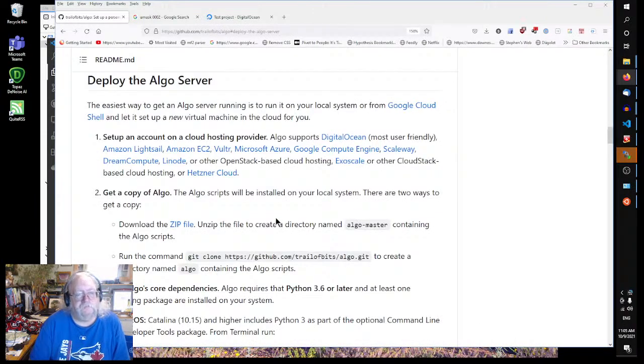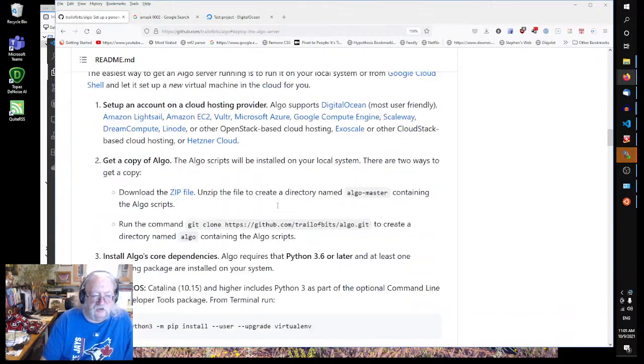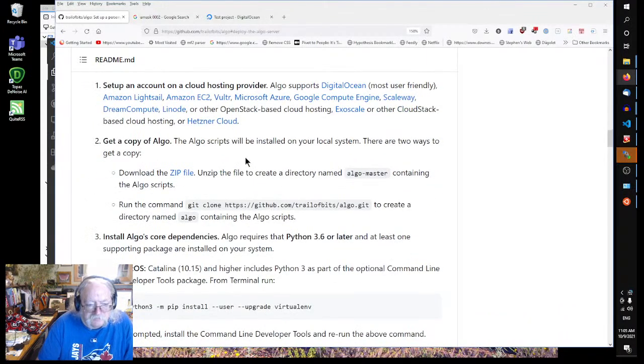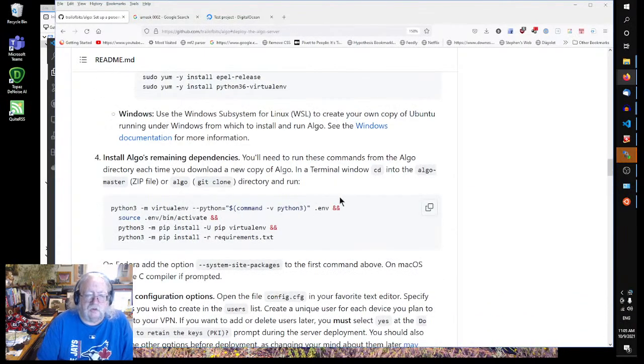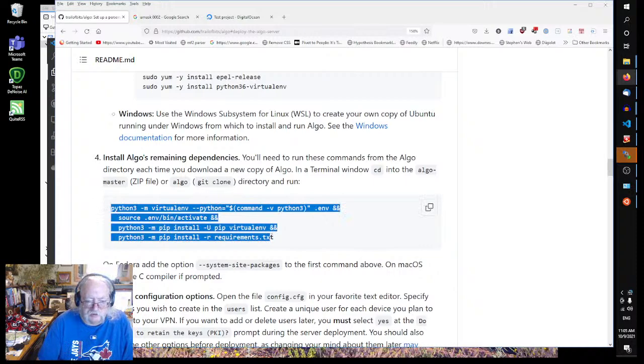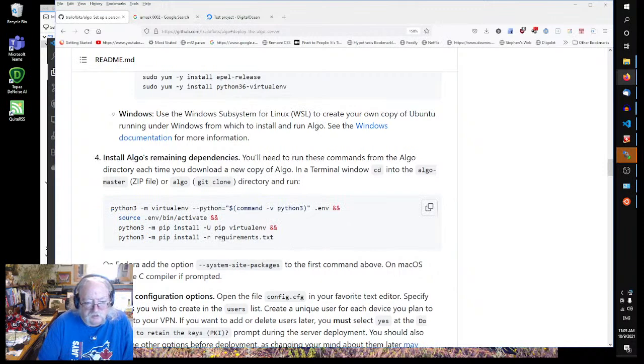All right. Okay, so I guess I am running my server on the local machine. We'll see how that goes. Okay, install Algo's remaining dependencies, step 4. So, in the terminal window, CD into the algo master or algo, and then run this. Okay, so this is going to install a bunch of things